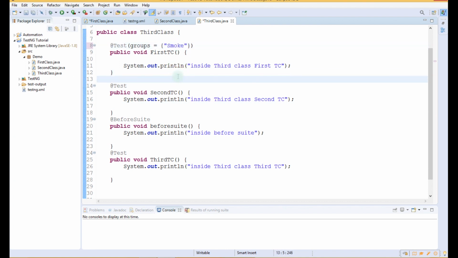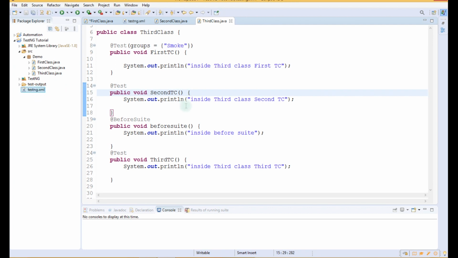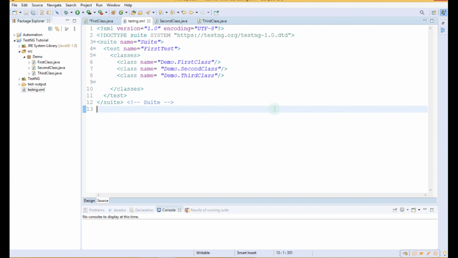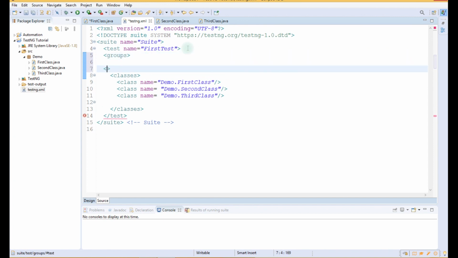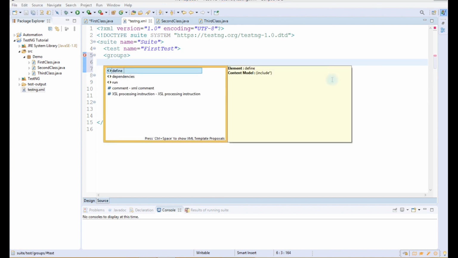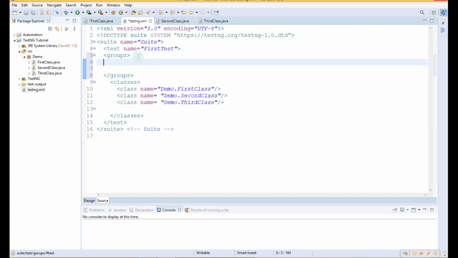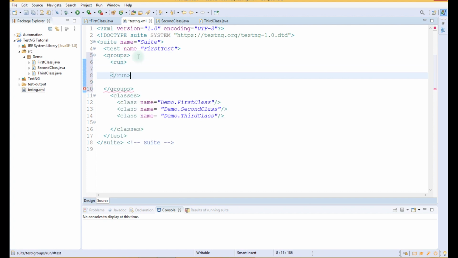Right, so for execution what we have to do, we have to go to our testng.xml file, and in the XML file we have to write, after this test tag and before this classes tag, groups, and here we will close the groups, and inside the groups we have to write run, and in run we have to include the group name.